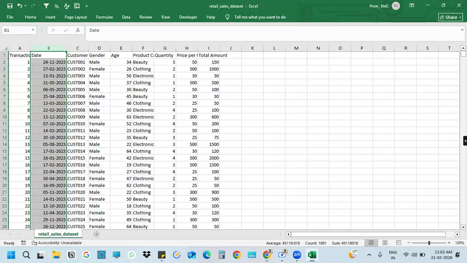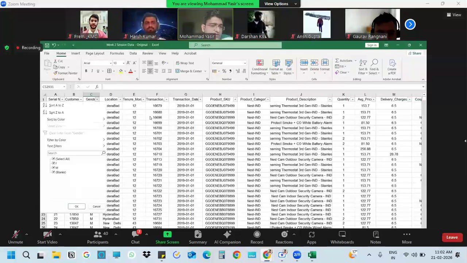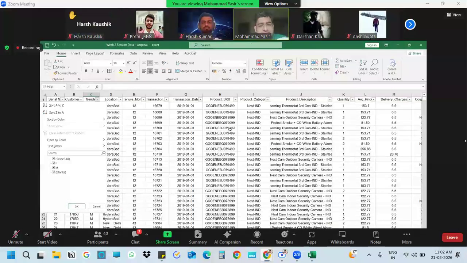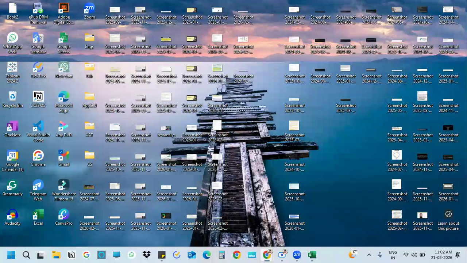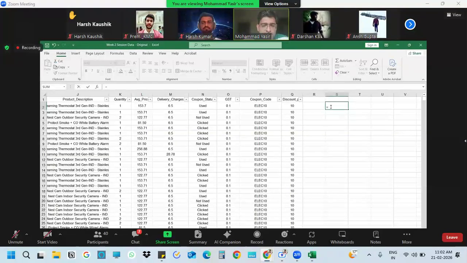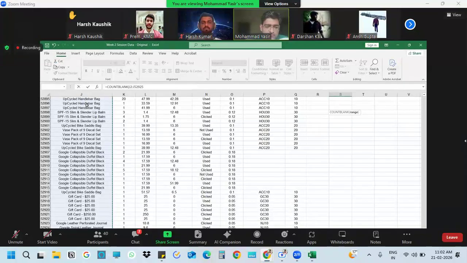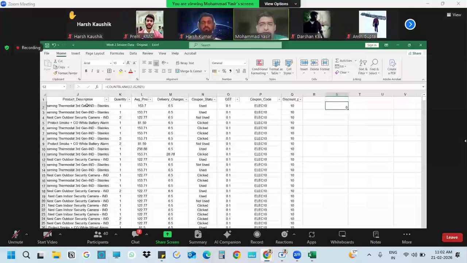Now coming to a systematic way of checking whether we have blanks or not. Right now we came to gender and checked the number of blanks manually. There is another way to check whether a column is null or not, called COUNTBLANK. Using this, we can directly check whether we have any blank cells.